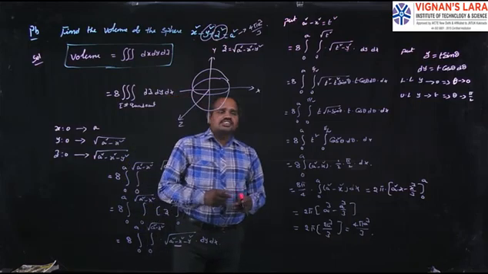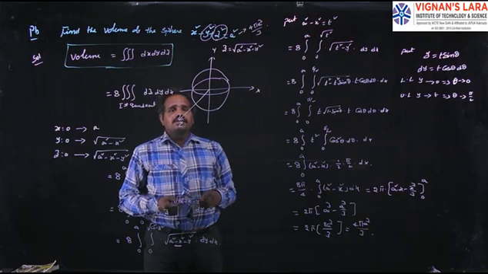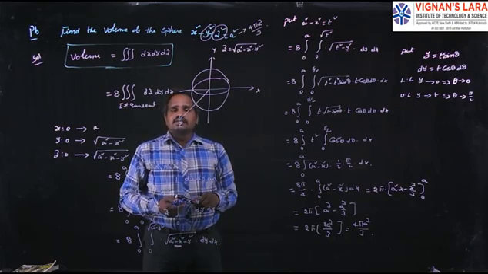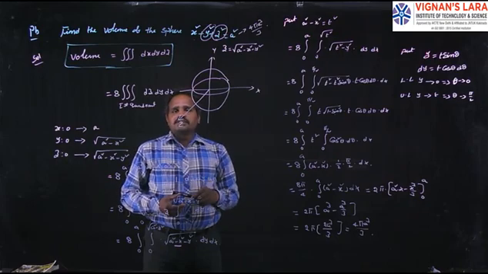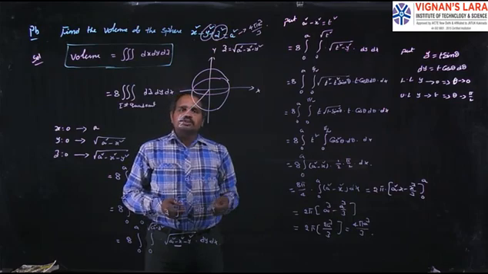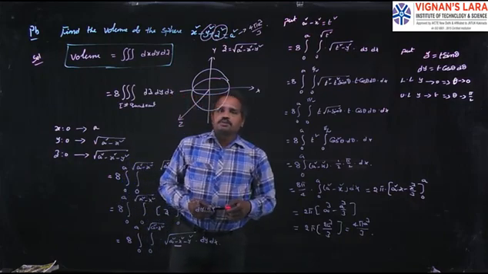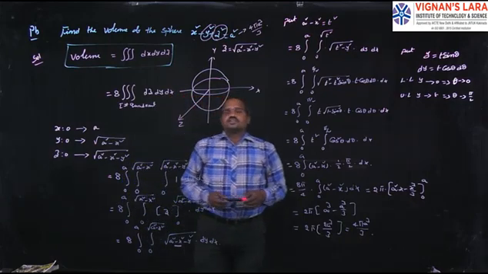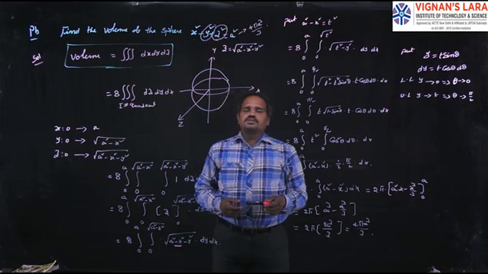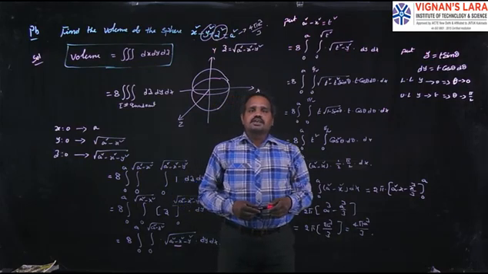And throughout this chapter, what did we learn? We learned how to calculate double integrals, how to calculate triple integrals, how to change the variables from Cartesian to polar in double integrals as well as in triple integrals. Similarly, change of order of integration. If we are given a vertical strip, we have to calculate the horizontal strip. Like this type of problems we completed in this session. So with this topic, our multiple integrals concept is completed. Thank you.